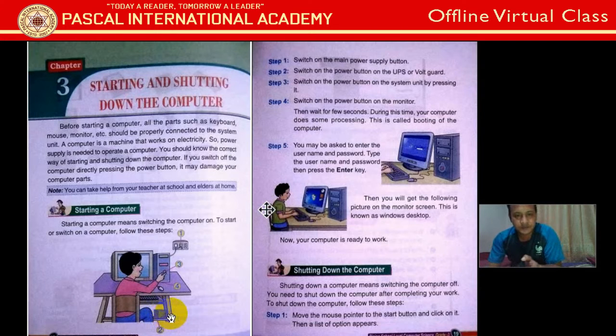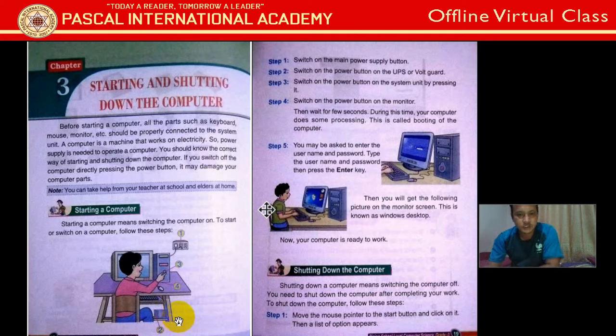If you are talking about a volt guard, sometimes when there is rain, a tornado, or some natural calamity, the power may fluctuate. Fluctuate means the voltage may come too high or too low. So what the volt guard does is balance the voltage of the power.